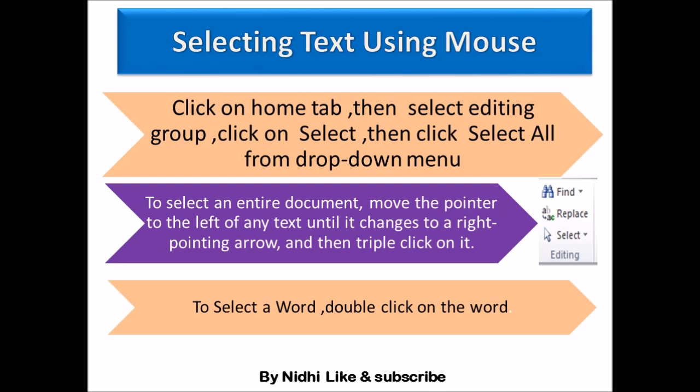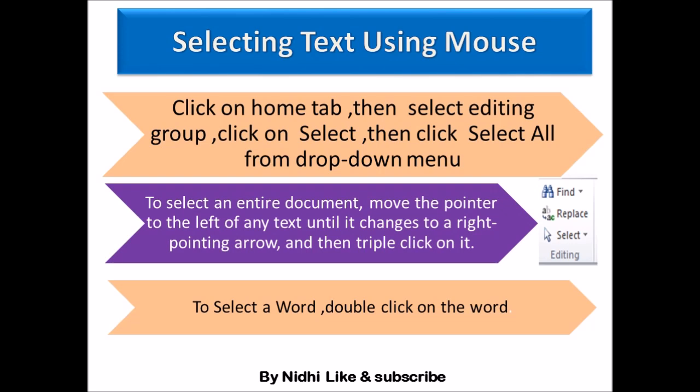Okay, and then select the Editing group, and in the Editing group you have to click on the Select option. Here you can see the picture. So here the Editing group is given. In that you will find the Select option. So just click on Select, and then in Select you will find a drop down menu. Drop down menu means a list. Okay, from that list, whatever option you want to select for selecting the text, just click on that.